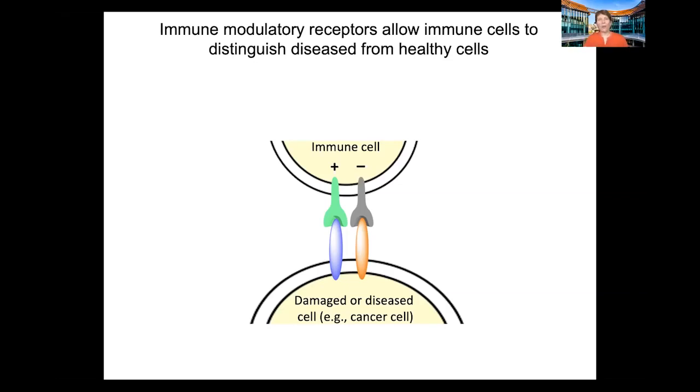But it's just as important that they get rid of our damaged cells to protect us from various diseases, and cancer is among them. So when things are working well, when a cell starts to transform into a cancerous state because it's had mutations to its DNA, the cell will present to the immune system molecules on the plasma membrane that engage receptors on the immune cell that deliver the signal to activate and kill that damaged cell.